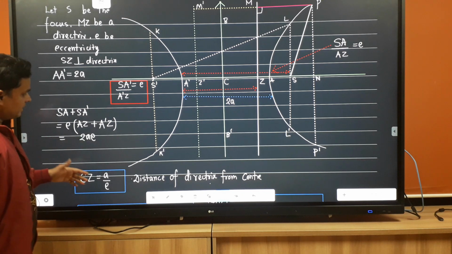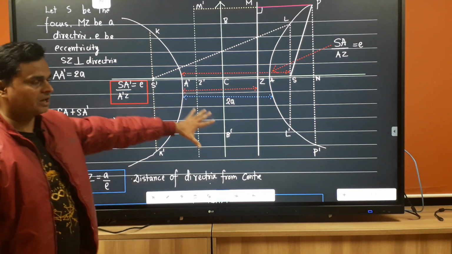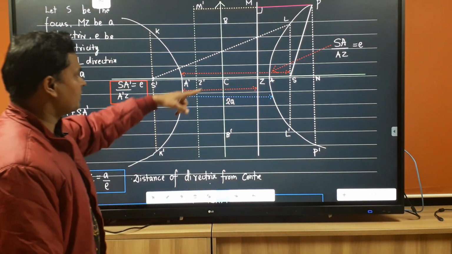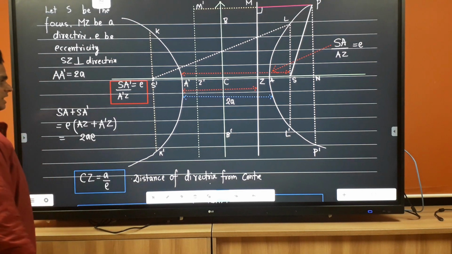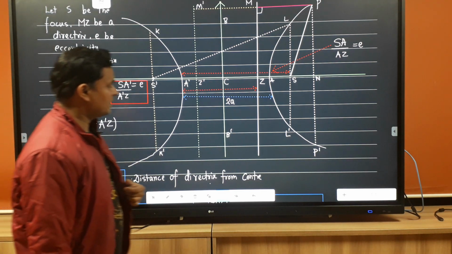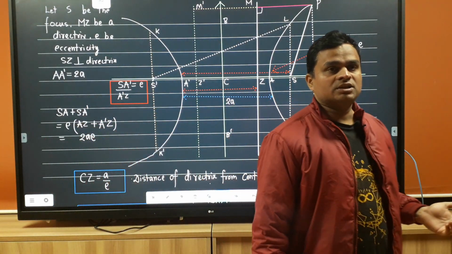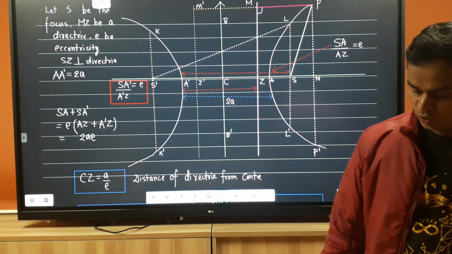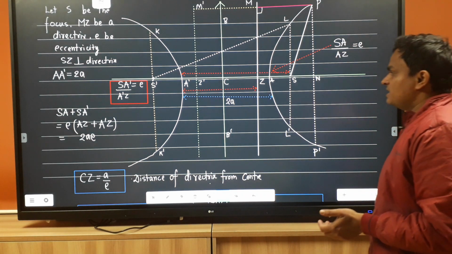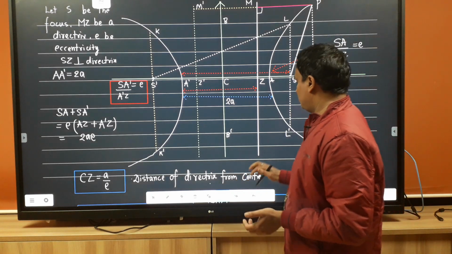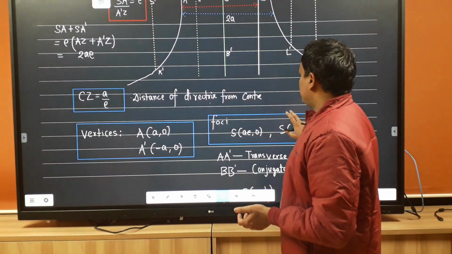अब अगर हम चलें आगे, देखिए मैं इस सब के डिटेल्स में नहीं घुस रहा हूँ, ये सब बहुत ईज़ी है। एक बार अगर आप ये डायग्राम बना लेते हैं और वो डेफिनेशन याद रखते हैं, तो ये सारी चीज़ें आप निकाल सकते हैं। CZ क्या है हमारा? MZ क्या था, डायरेक्ट्रिक्स था। जब डायरेक्ट्रिक्स MZ है, तो उसका डिस्टेंस हम सेंटर से निकाल रहे हैं, वही है हमारा CZ, और उसको हम लिख रहे हैं a/e।